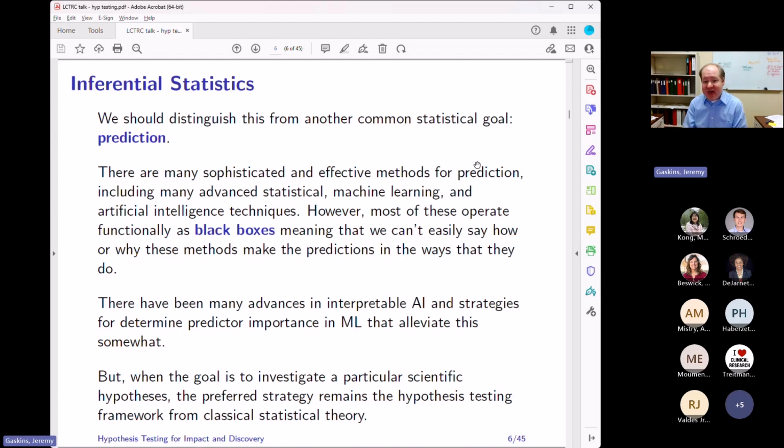And so in that sense, they aren't well suited for hypothesis testing, where I have a particular claim that I want to be able to evaluate, and I need to specify a particular mathematical model that is going to define that. And so, we're not really talking AI methods. We're not going to be talking terribly machine learning methods. For the most part, these aren't the best strategies for hypothesis testing. They're good strategies for prediction goals, but not really for hypothesis testing. So we're going to be mainly focused on the classical statistical theory framework for hypothesis testing.